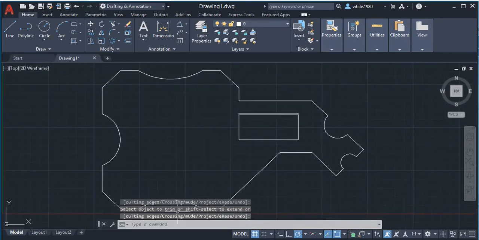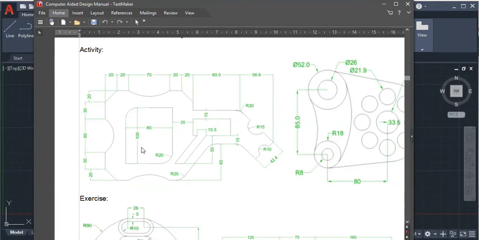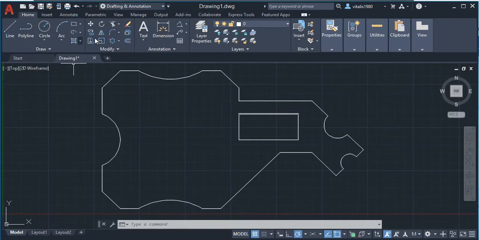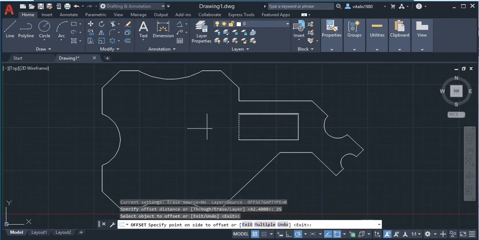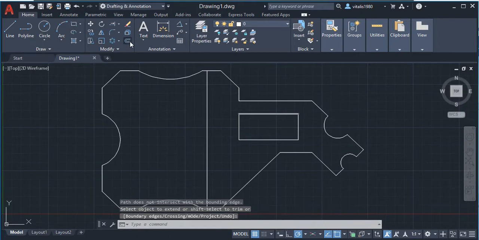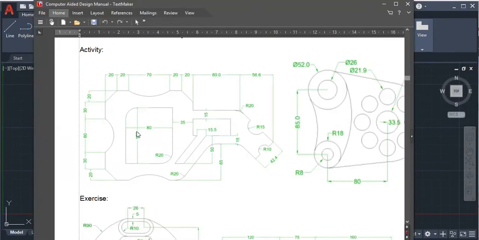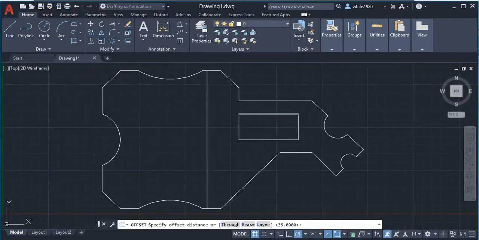Let me draw this. So the distance from here to here is 35. For me to do that, all I need to do is to offset by 35, offset this by 35, then extend to the end, okay, and then offset this. If you look at the drawing, you can see from here to here is 80, offset this by 80,